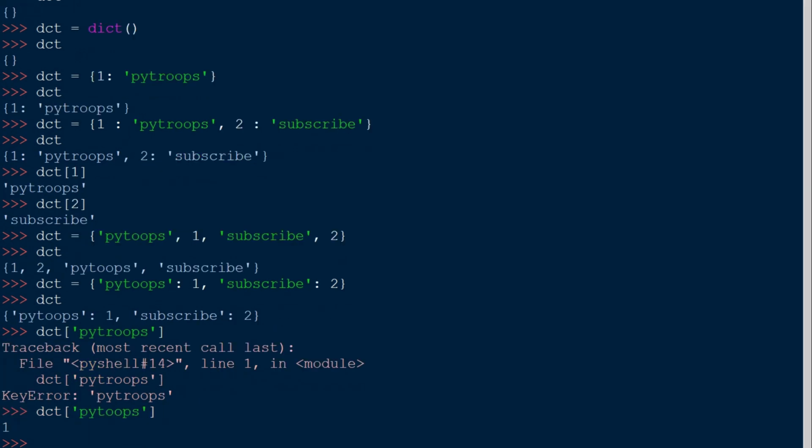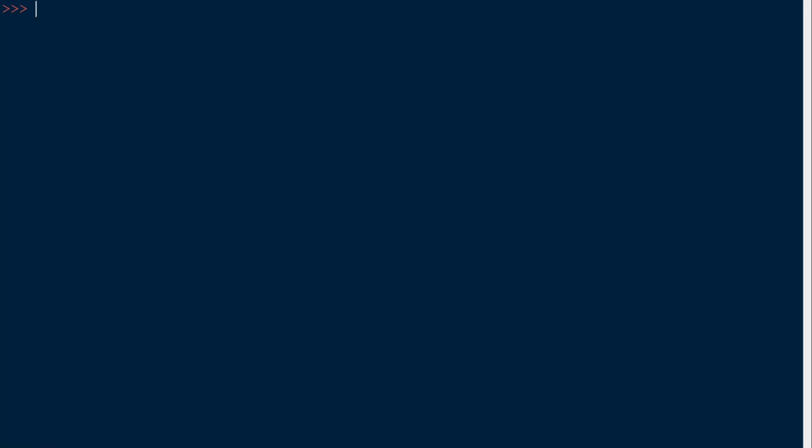Okay, press enter. See, we got one over here. There are a few other ways of creating a dictionary as well. Let's say I want to create a dictionary from a list of values. Let's say I have a list of values. Subjects is equal to, let's say, maths, then we have English, and then we have, let's say, Python. These are the list of subjects that we have, and now we want to create a dictionary from this list of objects.